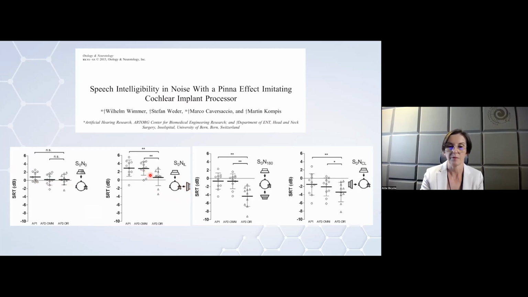then the advantage of using the natural microphone appeared from one side and from the other side, and it was especially visible when the noise was presented at the back. So the benefit from the natural microphone was the biggest when the speech was presented in front of the patient and noise from the back. So encouraged by those studies, we decided to conduct a similar study in children,